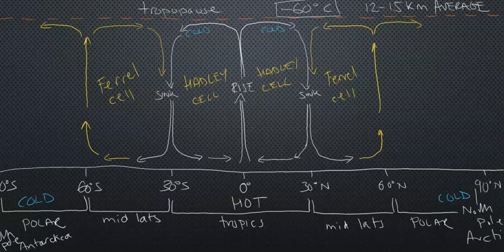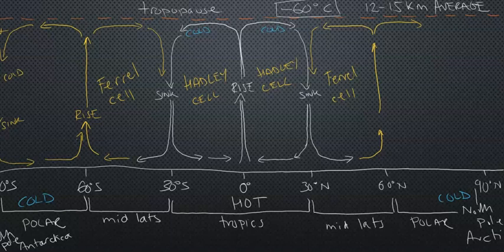And there's a final cell between 60 south and 60 north and 90 north and 90 south. And this is the polar cell. So we're going to have this situation where the air is going to sink again. It's very, very cold, and it's going to sink down towards or over 90 south. It's going to come back around across the surface as wind and rejoin at 60 and rise up. So we have a rising section right here over 60, and this very cold air is going to sink over 90 south, which is the South Pole, Antarctica,